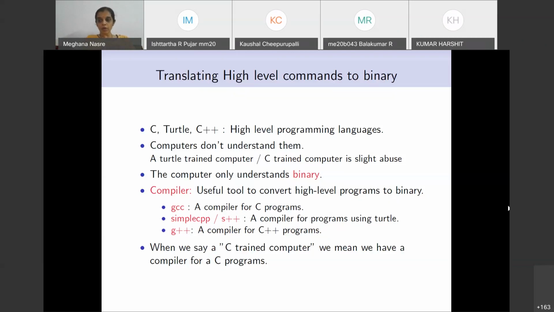So in fact, what we want to do is move to a level where we can talk to a computer and give it commands and it understands them. The question is the other way: why don't we give it commands in binary? Because it's very, very tedious. So therefore, people write compilers for as high level programming languages as possible. Okay, so I hope it answers your question. Any other question on this part?